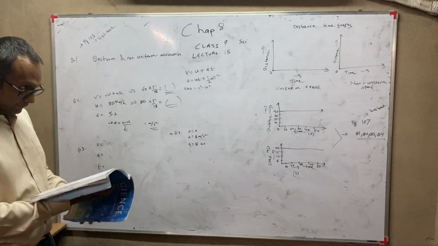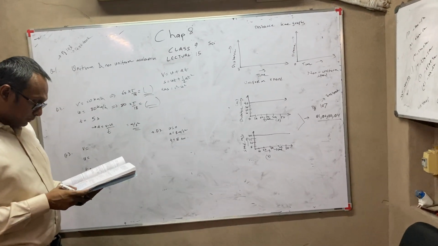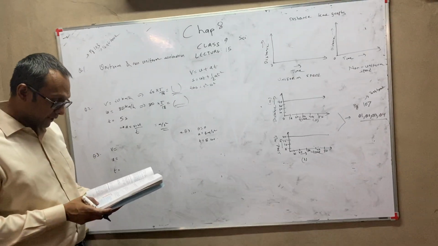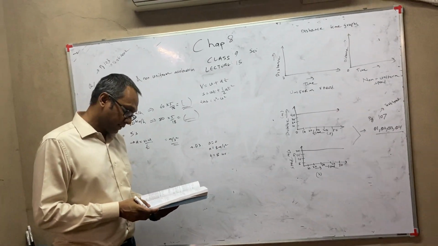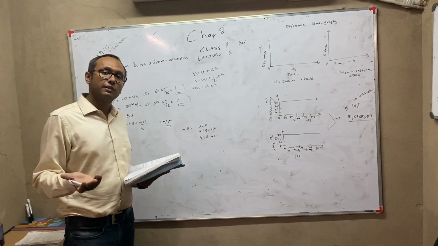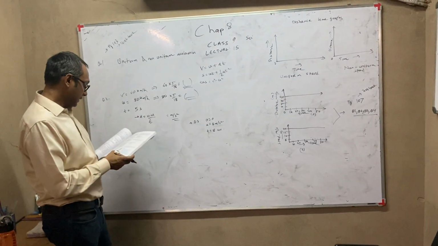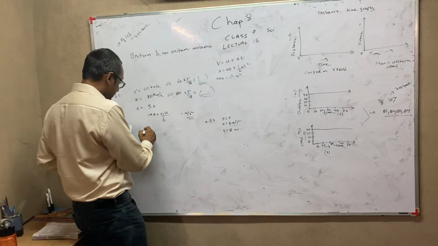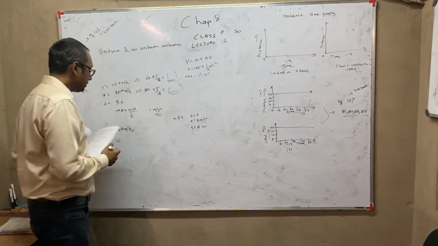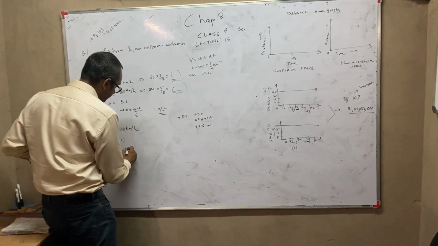Now question number 3. A train starting from a railway station, moving with a uniform acceleration, attains a speed of 40 km per hour in 10 minutes. Find the acceleration. It is starting from a railway station. That means what is the u, the initial velocity? Initial velocity is 0. And it attained a speed of 40 km per hour, and time was 10 minutes.